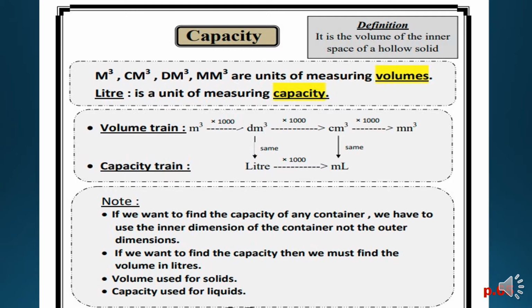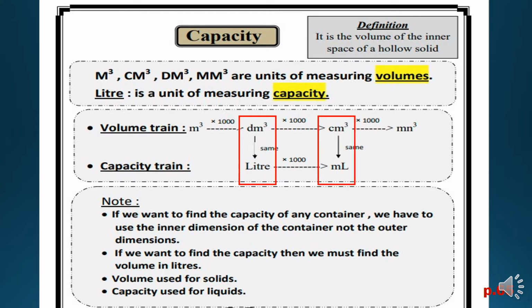A meter cube, centimeter cube, decimeter cube, millimeter cube, they are units for measuring the volume. But the liter is the unit of measuring capacity. The volume train. To convert meter cube to decimeter cube, I will multiply by 1000. From decimeter cube to centimeter cube, I will multiply by 1000. From centimeter cube to millimeter cube, multiply thousands. I have the decimeter cube is the same as the liter, and the centimeter cube is the same as the